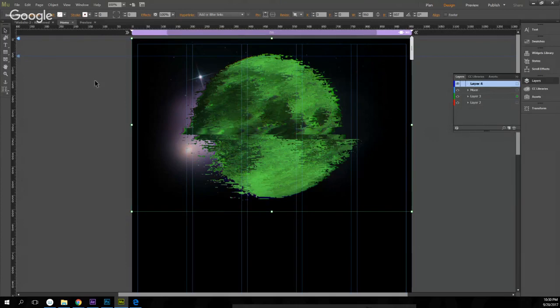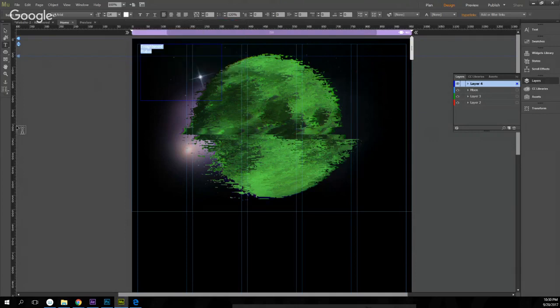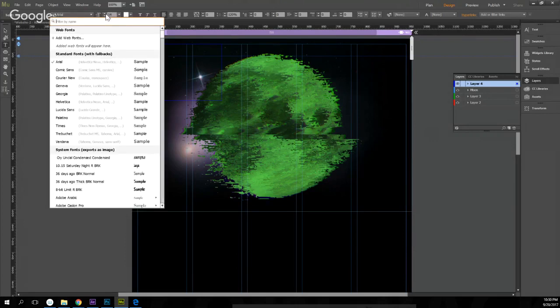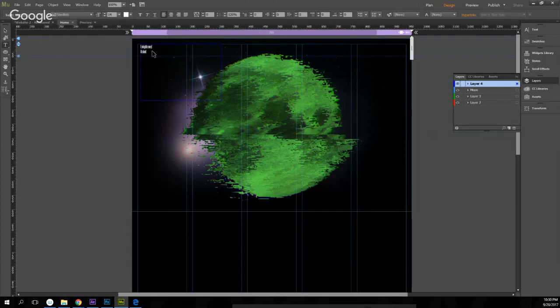Now let's add my title because I still need that. ENLIGHTENED-ROBOT. Control A. Right. And we change that to Steelfish. Change the size to